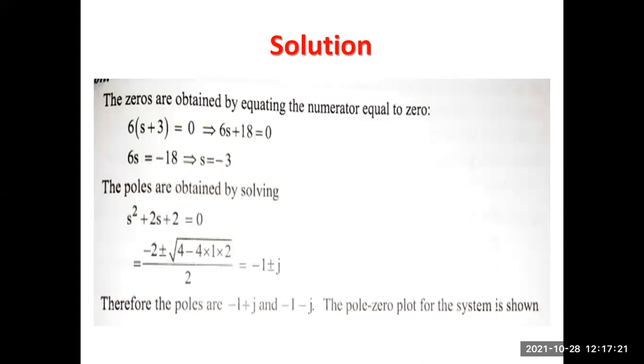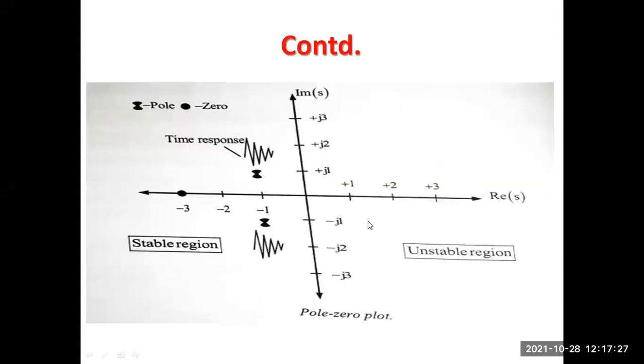Now the pole-zero plot. This is a very, very important pole-zero plot of the system. So for the pole-zero plot, first you have -3, so -3 should be located. We represent any zero by a circle sign. Zero means a circle. Poles mean a cross. So zero is always represented in the form of a circle, and a pole is always represented in the